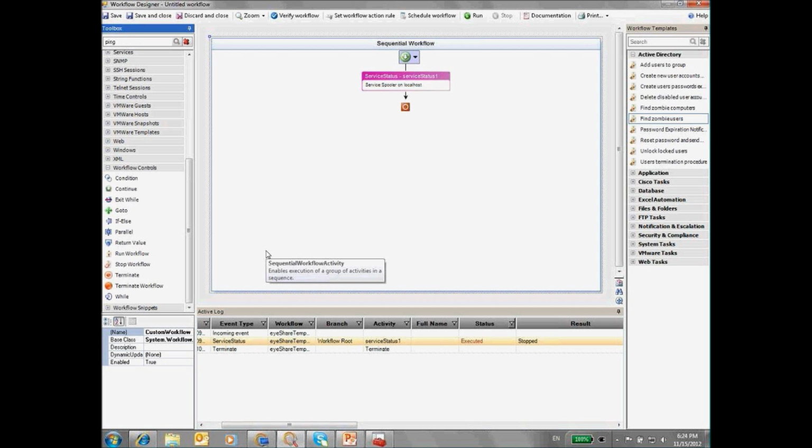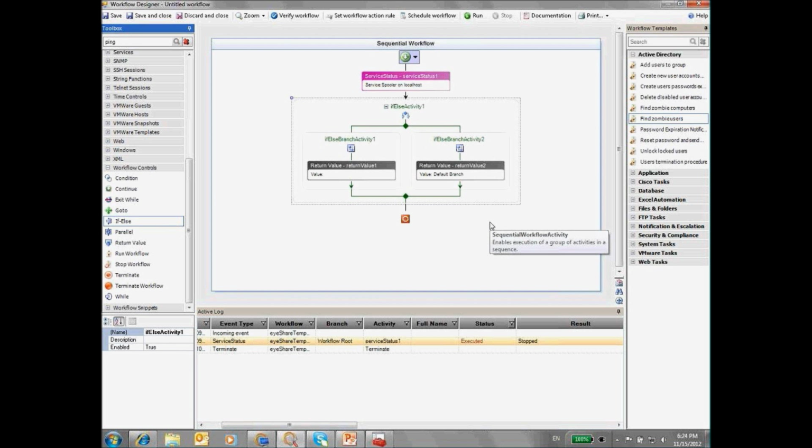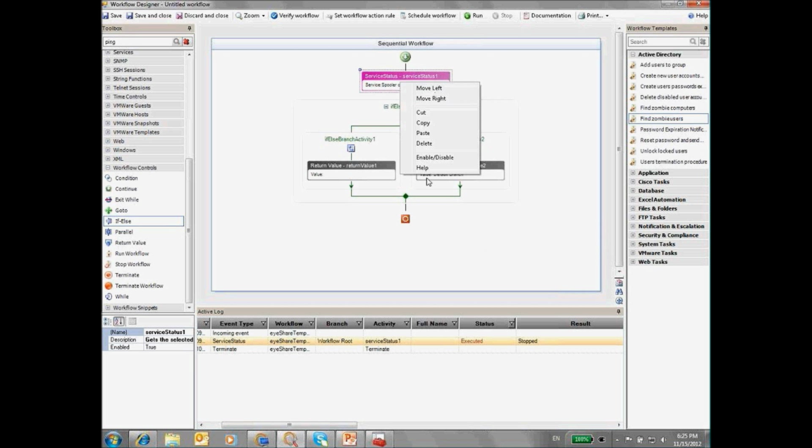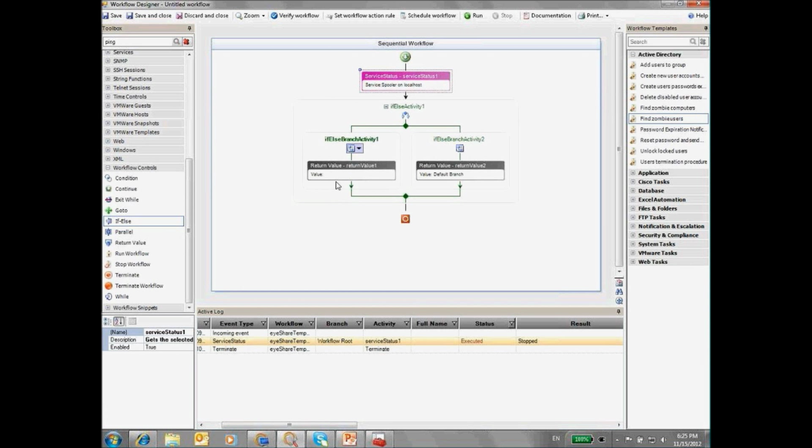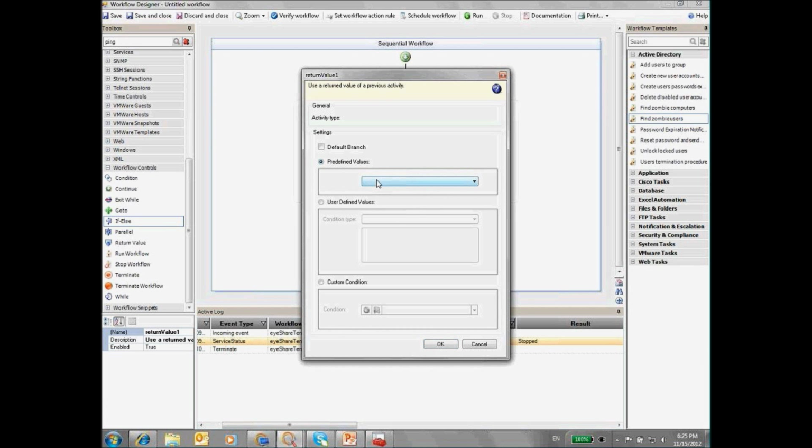Things like terminating the workflow, running sub-workflow, checking the result of a workflow, executing while loop, go to, and so on. Now, if we're looking at the if-else activity, we just put it here like this. And now we need to understand what was the result of the previous action in order to move on. So I'll remind you the help page here, and you can see here that the output can be either running, stop, or stop pending. But let's say that the result, we'll say here, if the result is stopped, then the